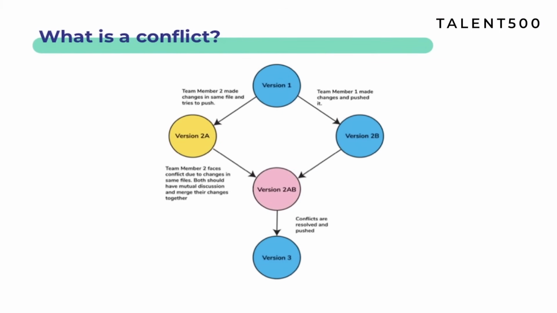The next question which we have here is, what is a conflict? As the English name says, conflict. What could possibly be the meaning of this? Of course, the meaning we get out of it is that some issues are going to be there, right? When we talk about the regular scenario, like real day-to-day life, when we talk about conflict, what we actually say is that some issues are going to happen, right? Now, when you talk about Git, what could a conflict be there?